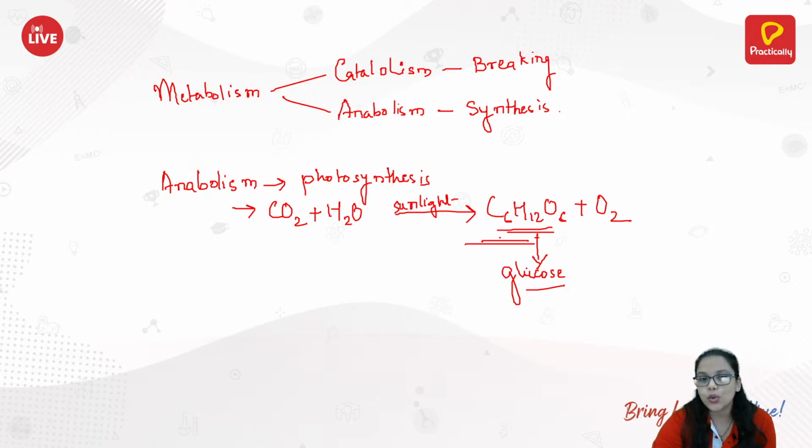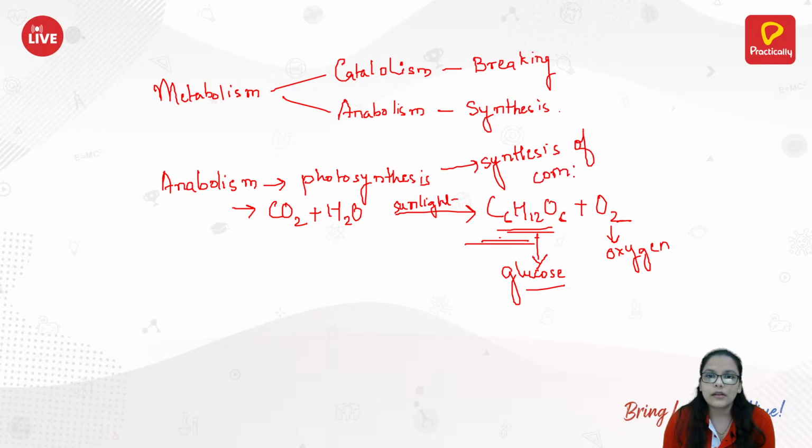C6H12O6 is glucose. Now, and this is oxygen, as we all know. So this is a type of anabolism. Carbon dioxide and water with the help of sunlight forms glucose. Okay, so this is anabolism where there is a synthesis of a compound. Okay, now